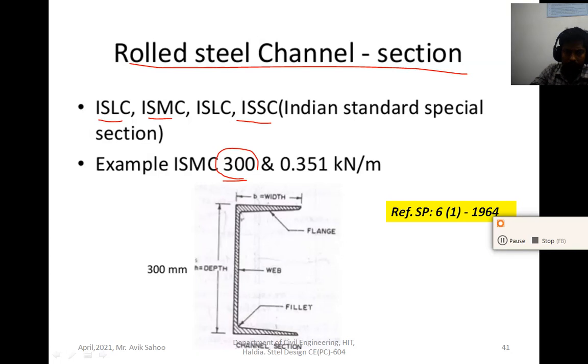Okay, so that the stress is gradually reduced, not suddenly. If it happened suddenly, then the stress concentration is high and local failure may take place. Local means the failure takes place in this region. So the depth of web part, and you see that this is symmetric about the major axis, but it is unsymmetric about the minor axis.